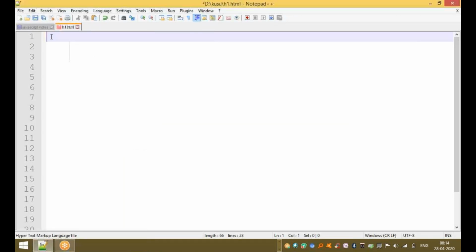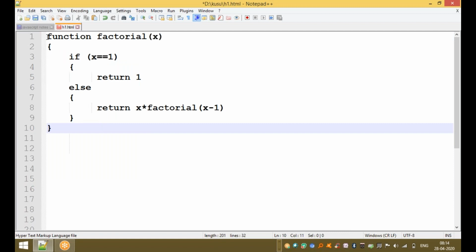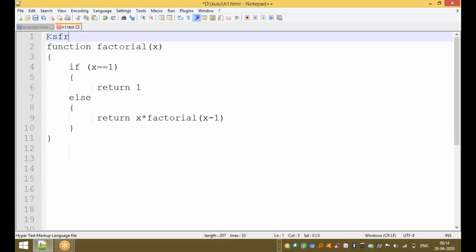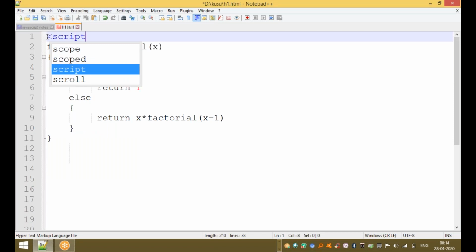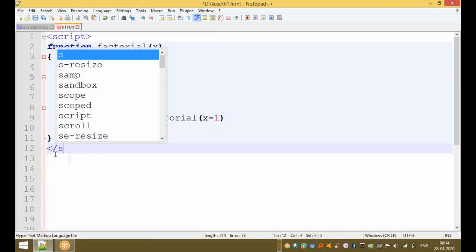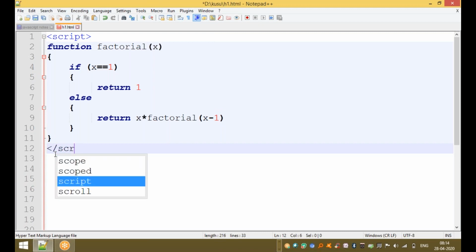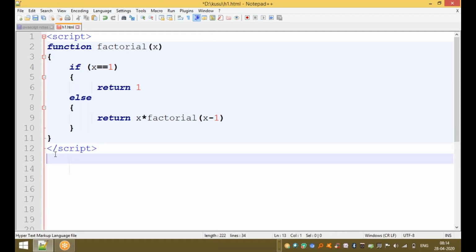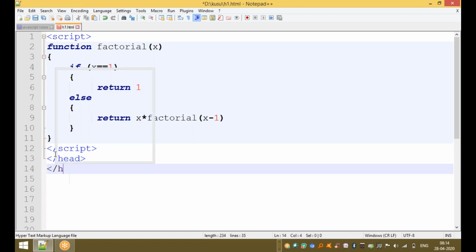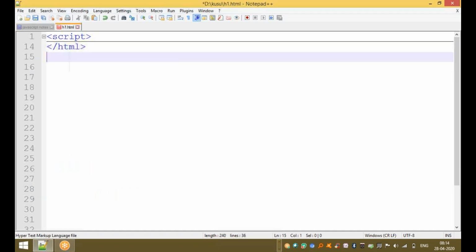Now go to any HTML editor, such as Notepad++. We are using the script tag, then the end of the script tag, then the end of the head, and the end of the HTML. Okay, clear guys? Now we are using the beginning of the HTML.